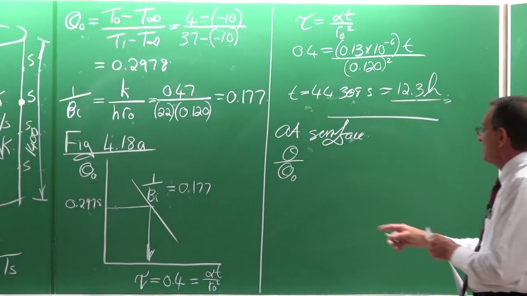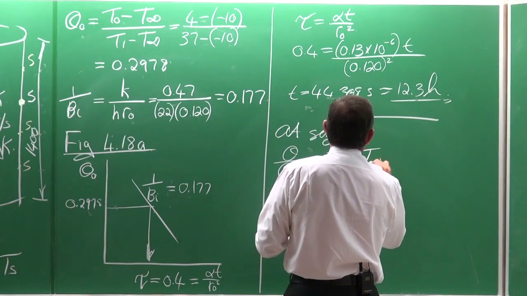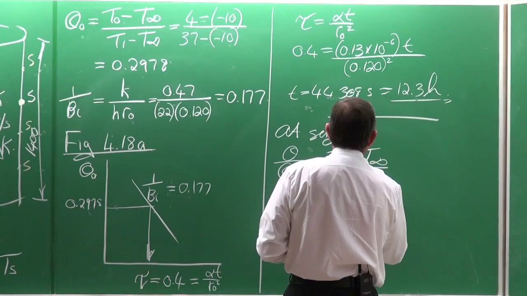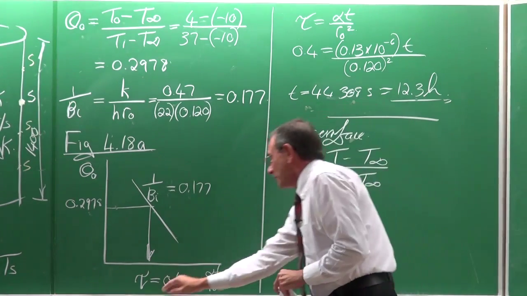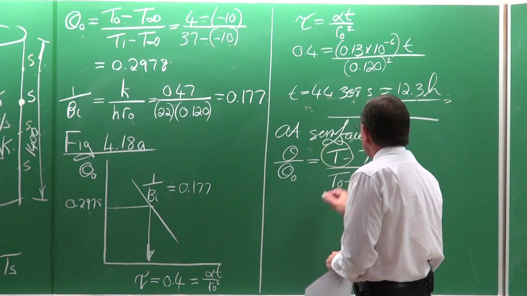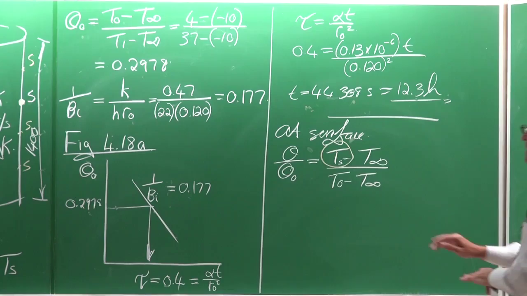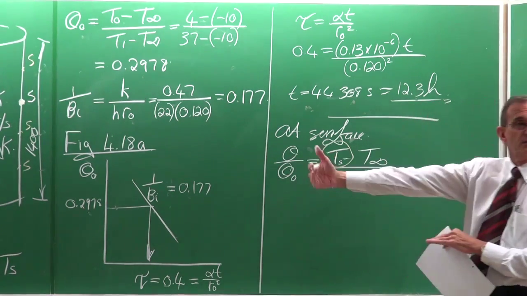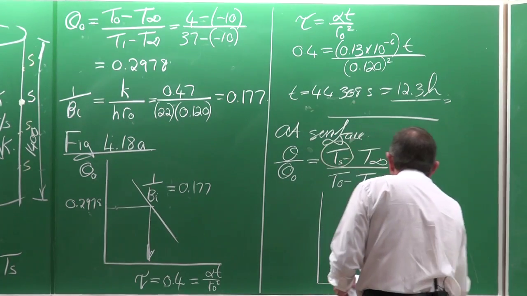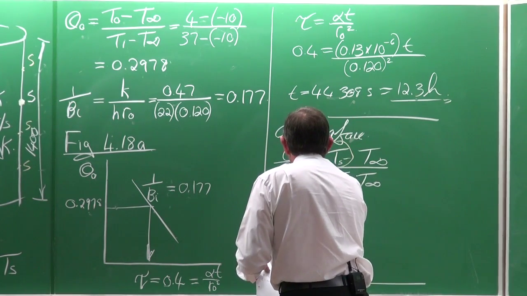theta divided by theta 0 is equal to T minus T infinite divided by T0 minus T infinite. So what we want to solve is the temperature on the surface. So we need to get theta divided by theta 0. If we now look at the B part of the graph, you'll see that there we've got theta divided